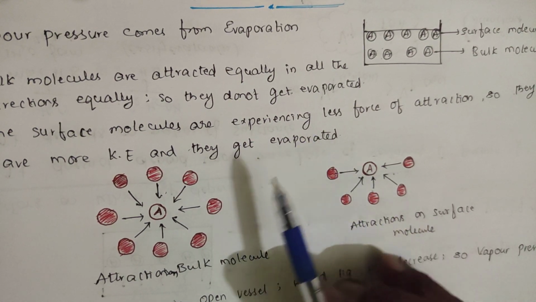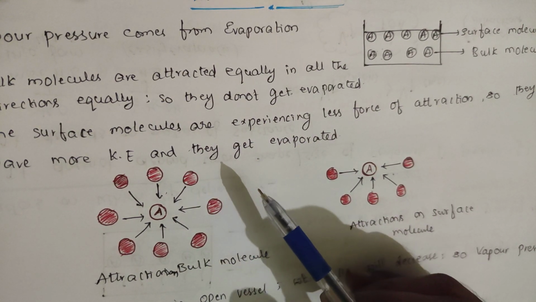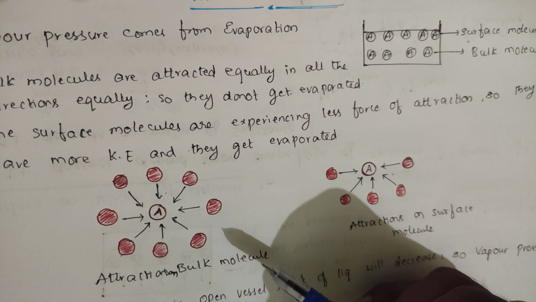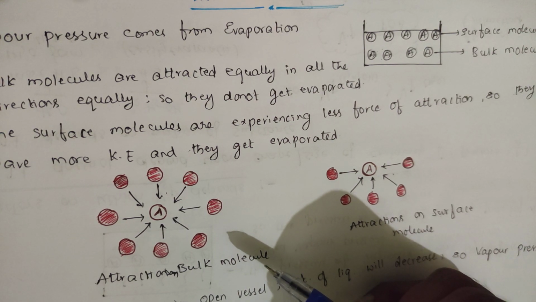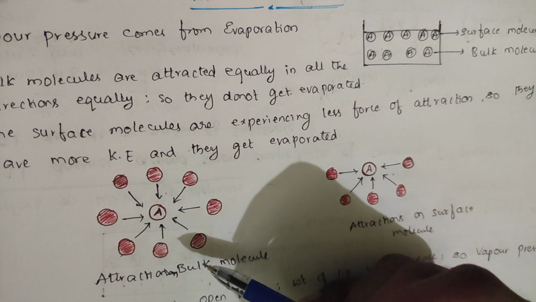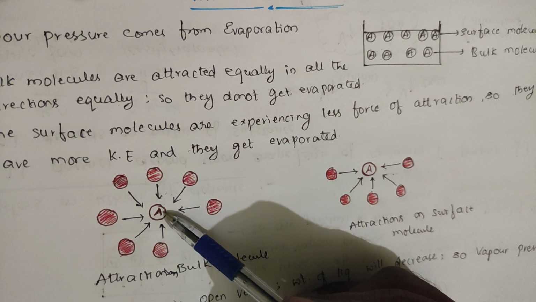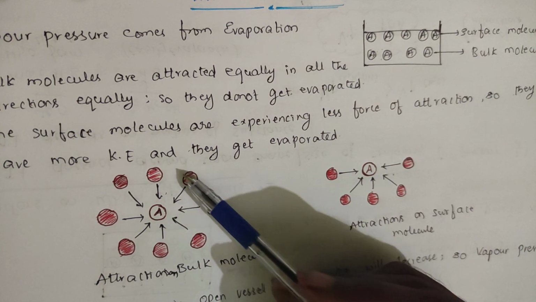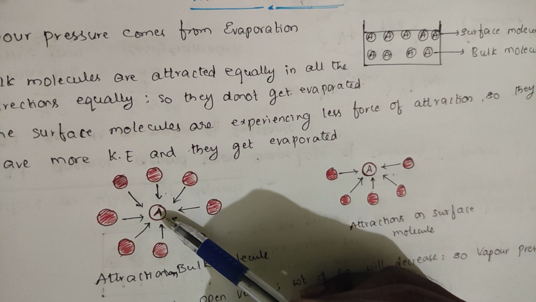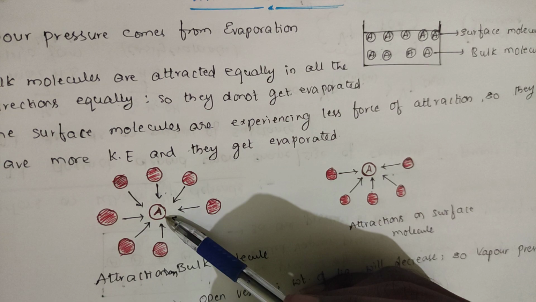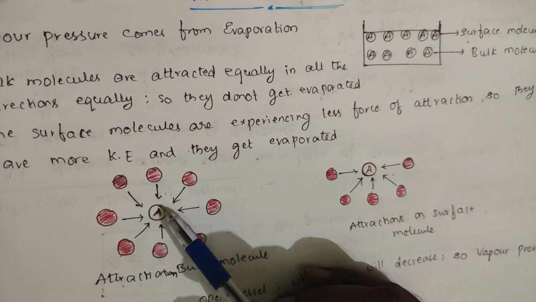If you talk in terms of direction, north, east, west, south, northeast, northwest, southeast, southwest, as well as front and back, all the directions of this A are surrounded by molecules, and those molecules attract this central molecule with equal force of attraction,